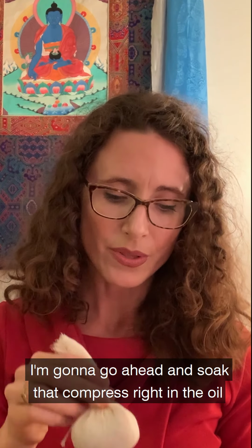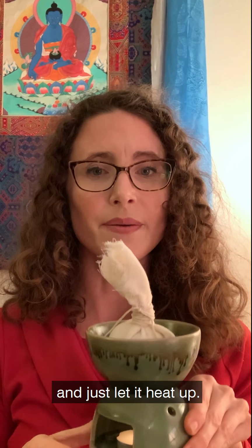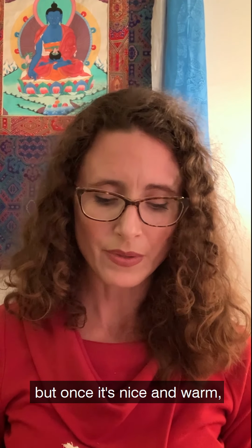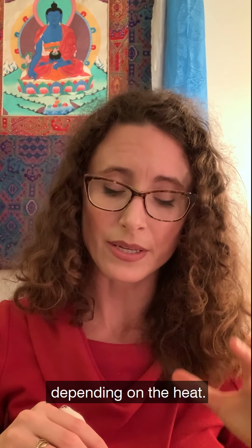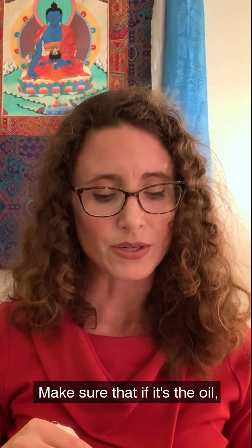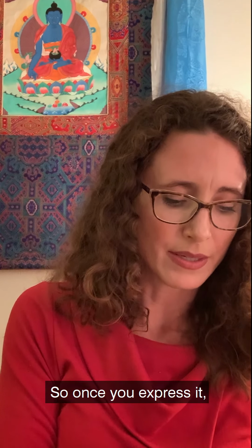I'm going to go ahead and soak that compress right in the oil and just let it heat up. And it can take time with the tea light version of it, but once it's nice and warm, you're going to take it out of that oil. I'd leave it for at least 5 to 10 minutes, depending on the heat. You don't want it to be boiling, you definitely don't want it to burn, just a nice heat. Make sure that if it's the oil, you're not going to burn your hand. It shouldn't be that hot. So once you express it,